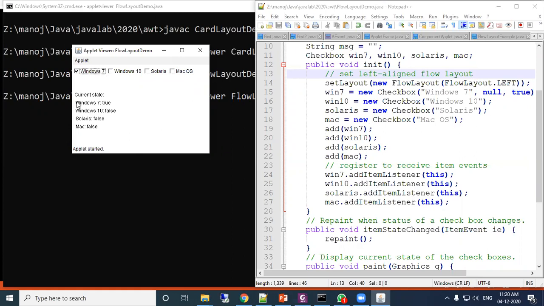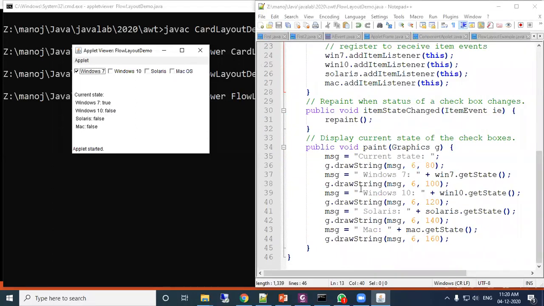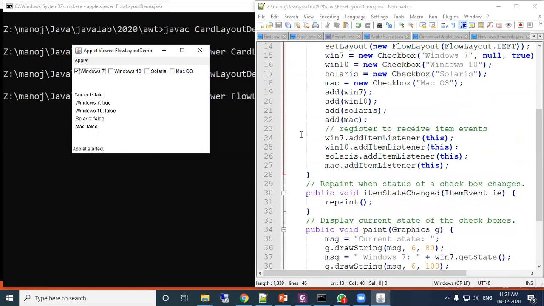Any activity: see, current state Windows 7 true, Windows 10 false, Solaris false. These are not selected, not checked, so these values are false. That value will be shown due to this. So when I do anything on these four checkboxes, Windows 7, Windows 10, Solaris and Mac, it immediately listens to the event and acts accordingly.